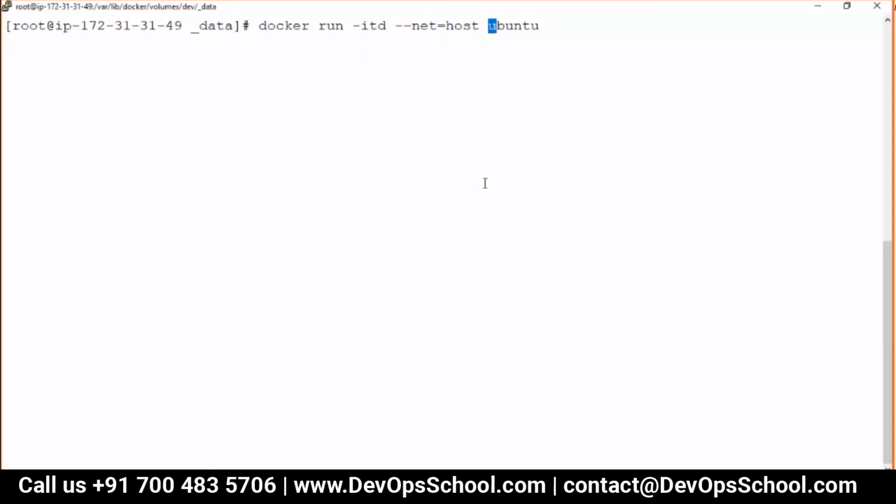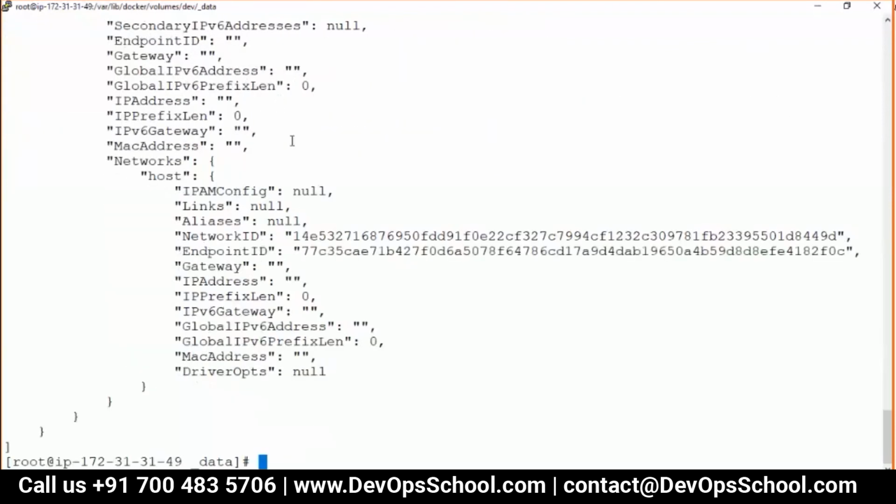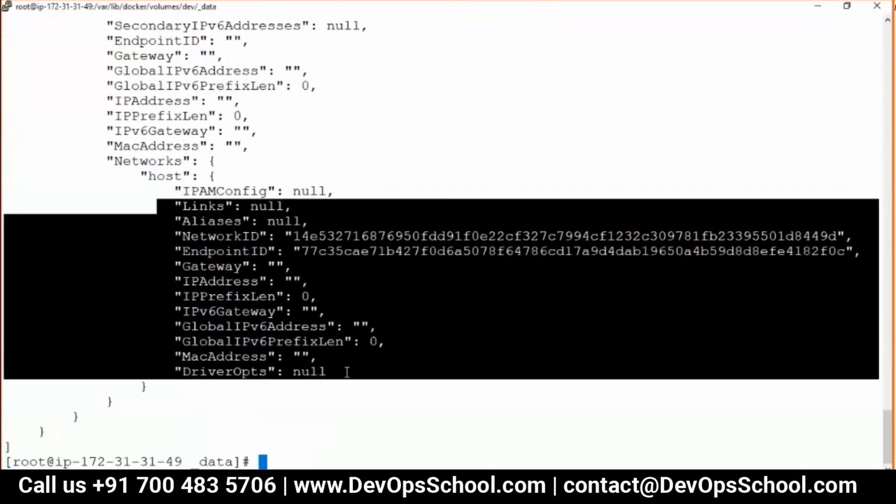The container got created, and you see here, docker ps, docker inspect and the container id, and under the network you have host, and there's no IP address, because you only get an IP address through the bridge. So why is there no IP address? Because the host network is the one you have attached to.